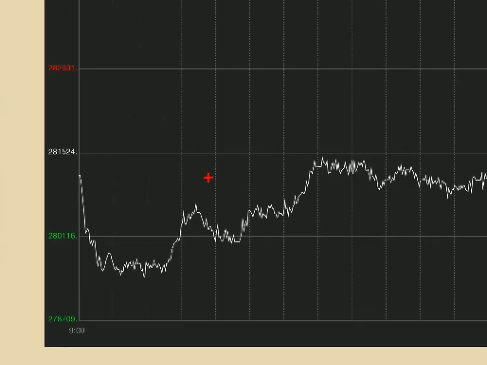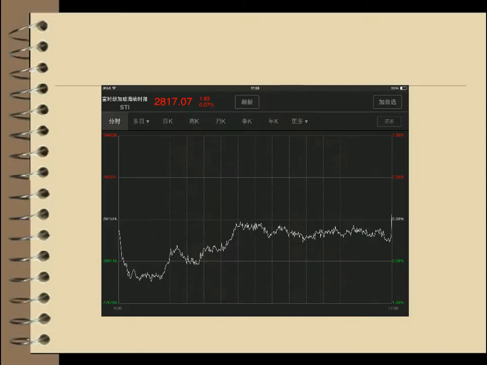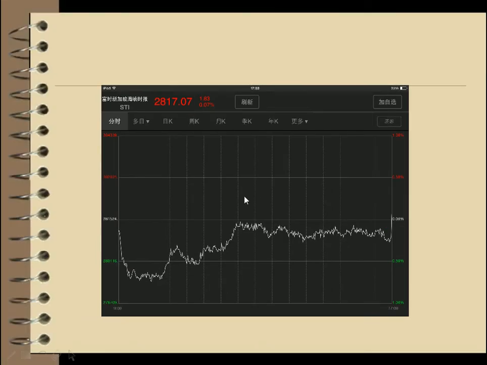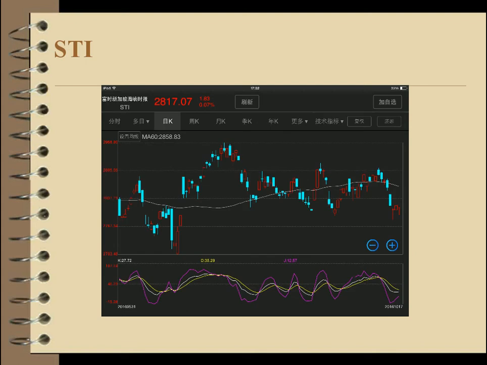Actually, the same as the KLCI, in the morning it drops down. Okay, it's very horrible, and then goes up, goes up. But today you can see, at the end of the closing, it goes up, right? So actually, the STI goes very strong, right? But today we make a comparison with the KLCI and the STI. Actually, if you want to know more details, you can pay attention to my Facebook, you can search